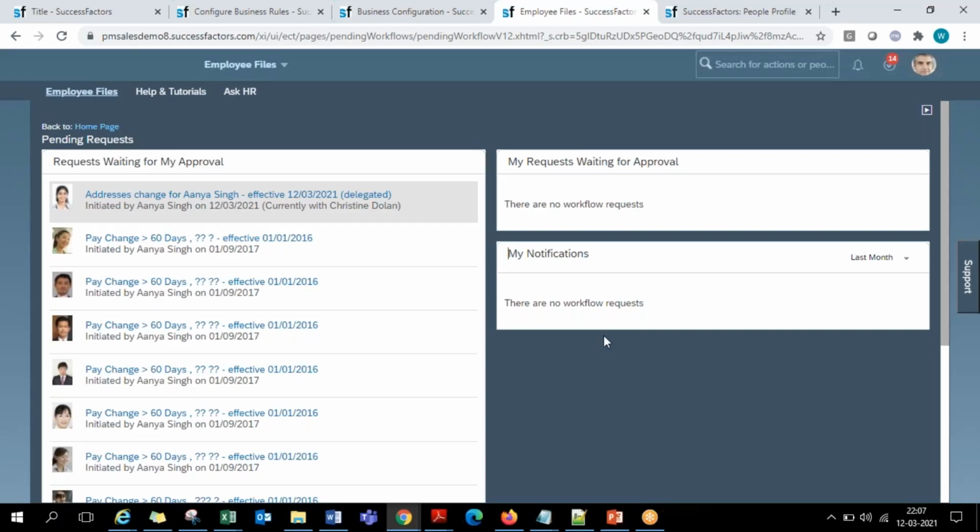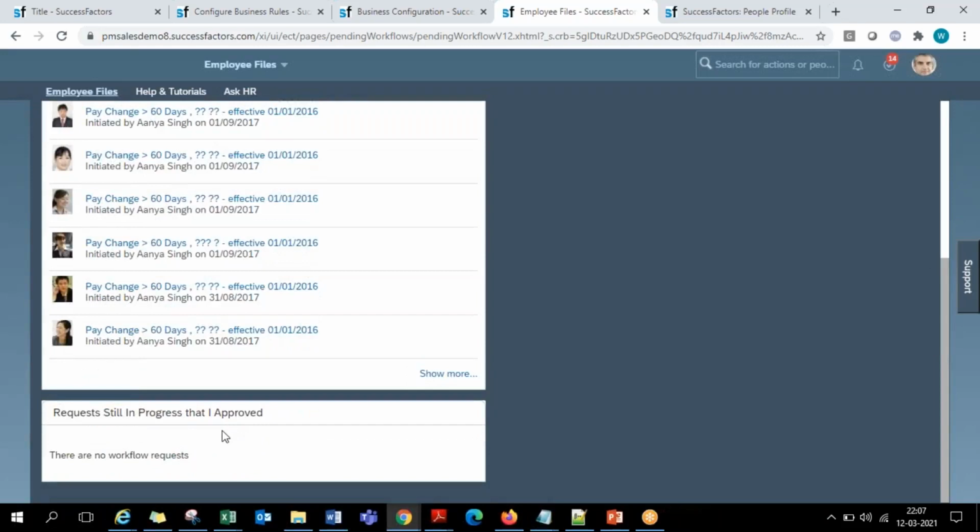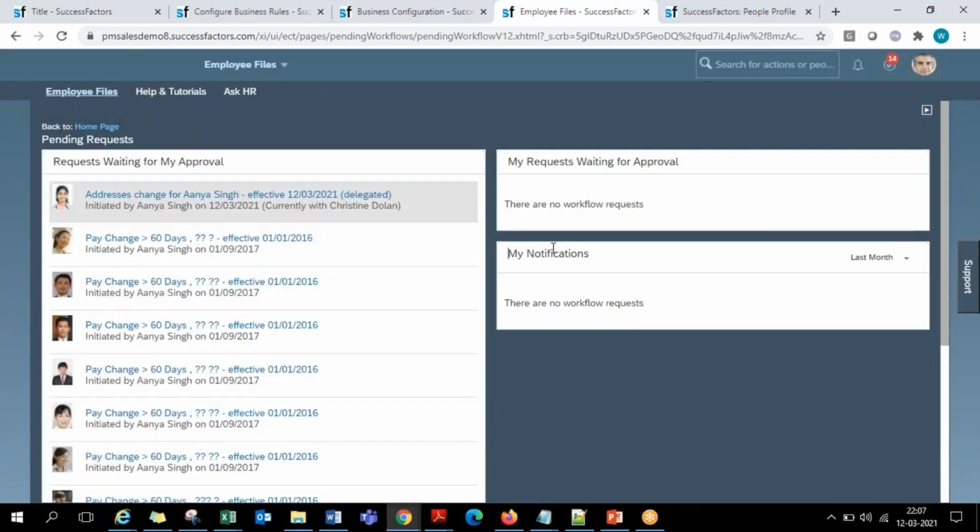Like that, all the workflows in the system in which I am involved, either currently pending for my approval, or I already approved and the workflows are still in progress, or my own requests pending approval, or the contributor category of workflows, anything will appear under one single page called view my pending requests. Okay, this is one important tool which everybody in real time regularly accesses, just to have a look at what all workflows I am involved in, what I am yet to approve, and what my requests are pending. Like that, they can have a look at it.